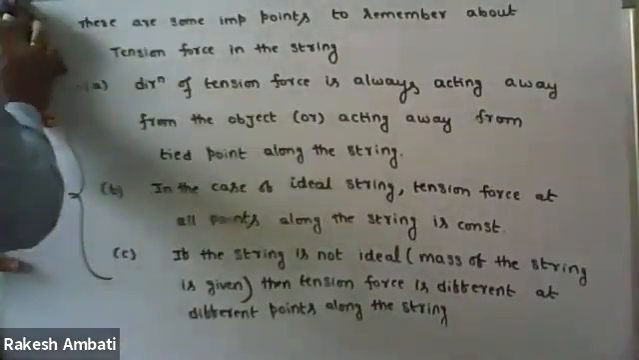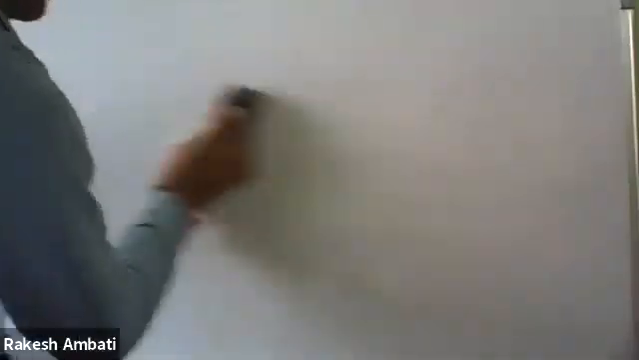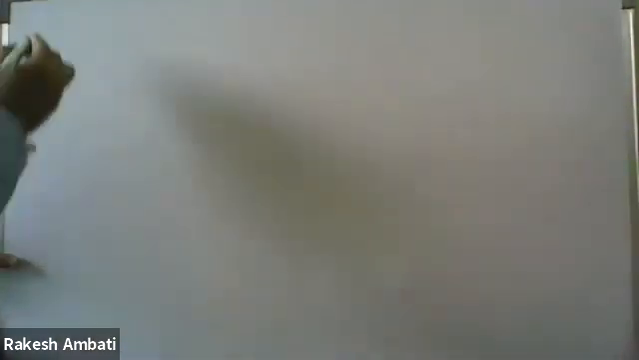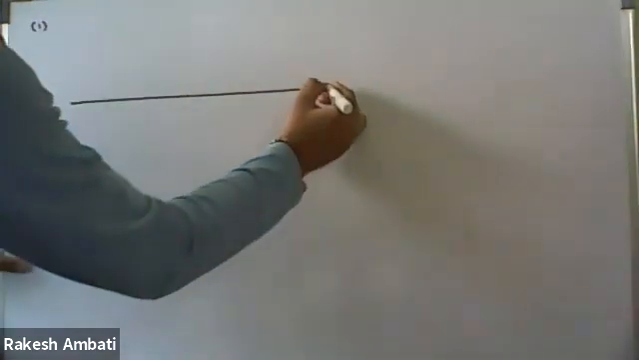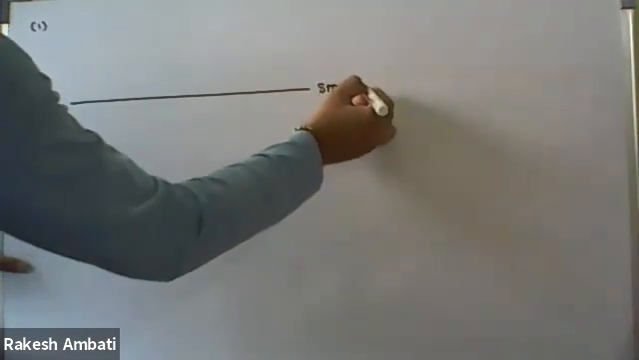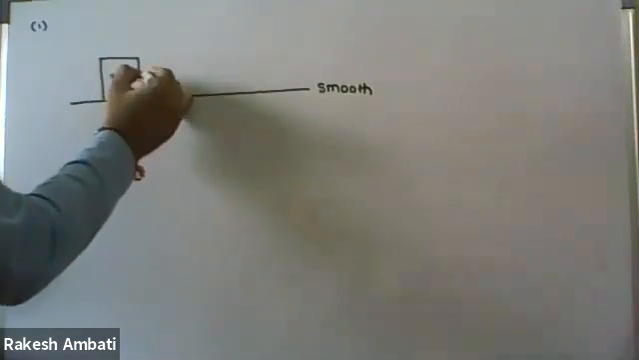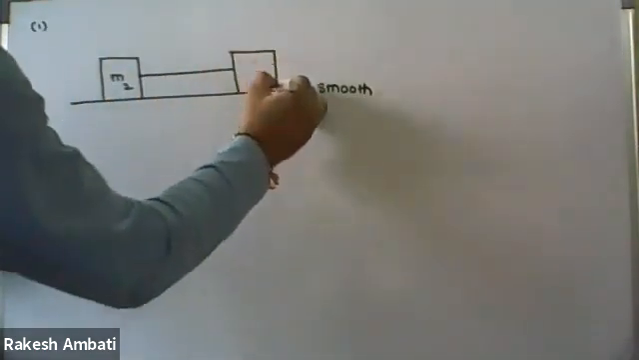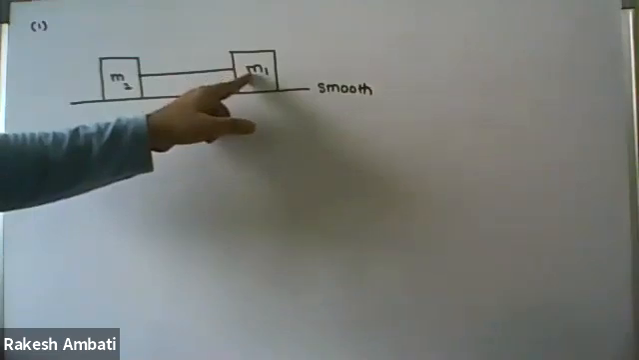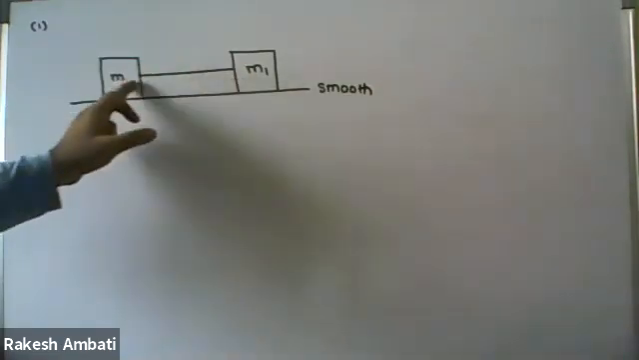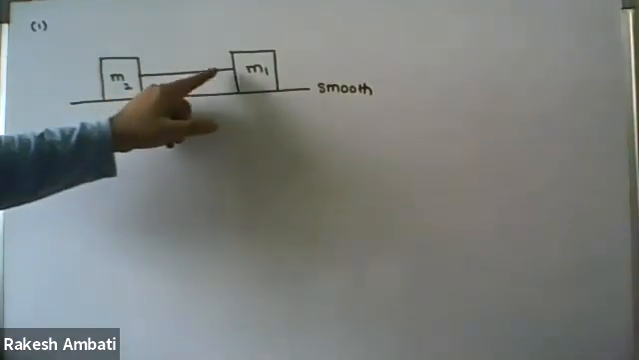Write down the first example. I'm taking it as a smooth surface. It is object M2 and object M1. Now these two objects are connected by a string. So if it is the ideal string,